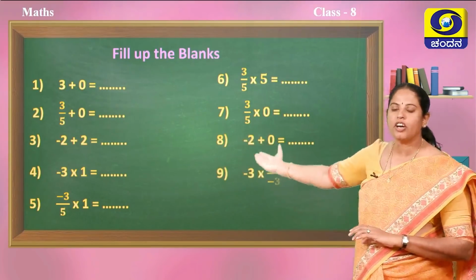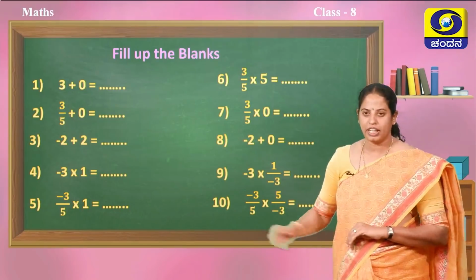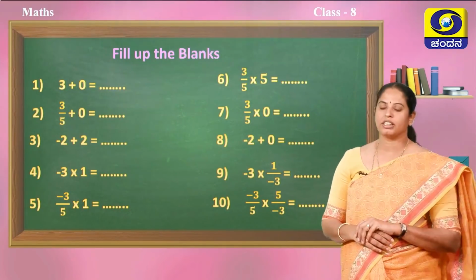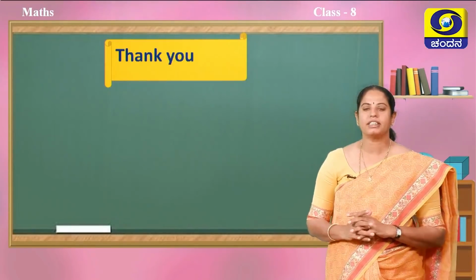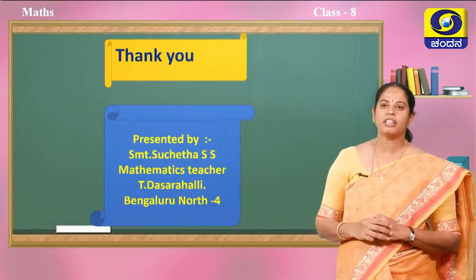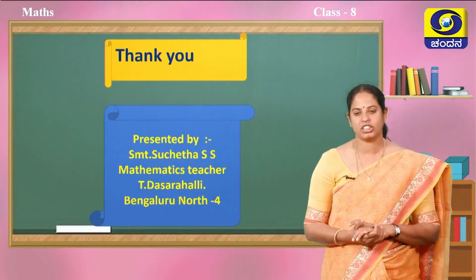The result of these questions are discussed in the next session, hence you have to do the sums, children. So you will get a wonderful result. That result will be discussed in the next class, and the remaining properties on rational numbers will be discussed in the last session of this chapter.